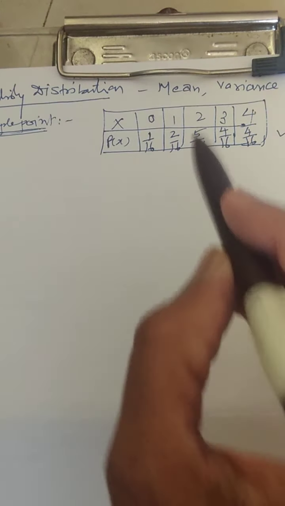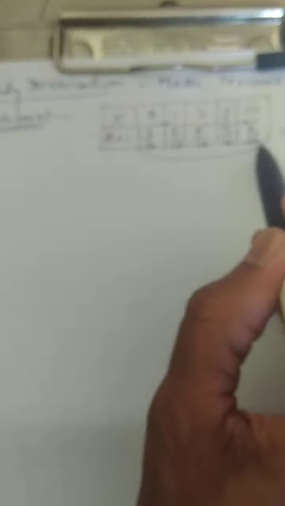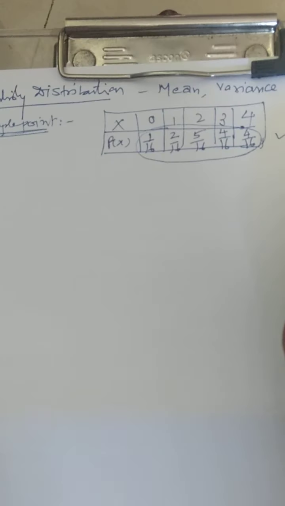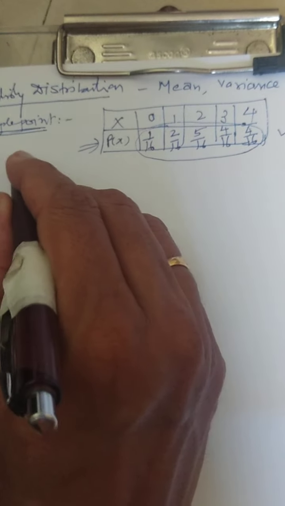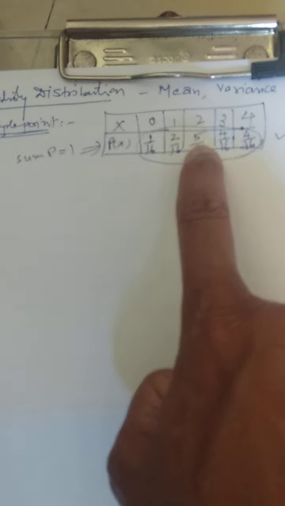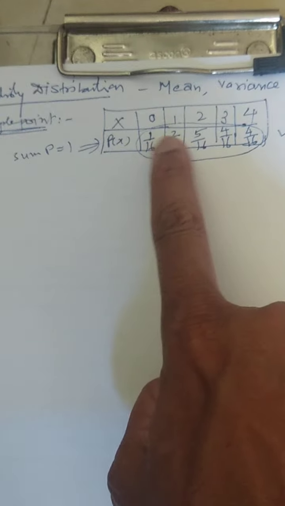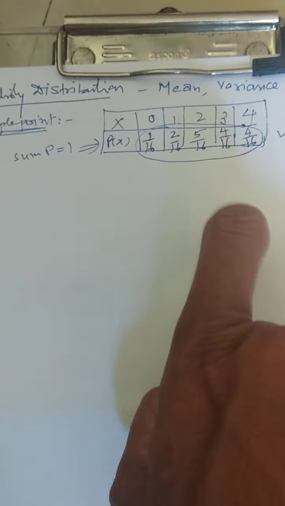Likewise, we have learned two things in class 11, that whatever the information coming over here, the probability always lies between 0 and 1, and the sum total of this probability is always equal to 1. Check here, all things are positive, and if you are adding 5 plus 4, 9, 10, 12 and this is 16, 16 by 16 is getting 1. So this is the correct table for probability distribution.